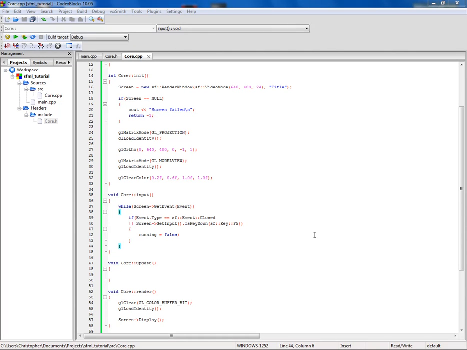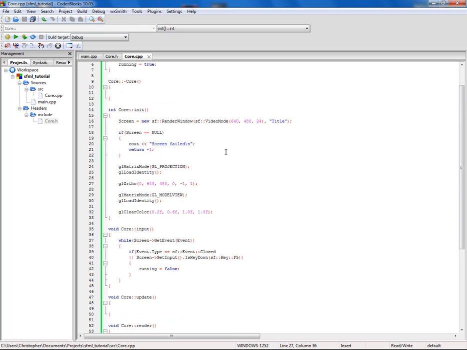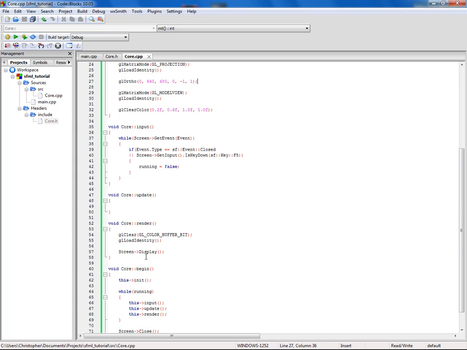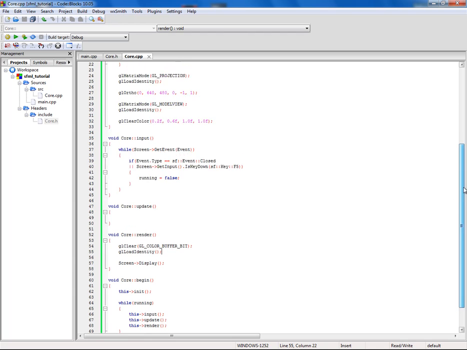Alright, so welcome to the fourth part of my C++ SFML tutorials. In this part we're gonna cover how to render stuff onto the screen. I always do it the traditional OpenGL way by just using begin, quads, end, then just adding the vertices in here, or I use vertex arrays, stuff like that. You can do it that way, but SFML comes with